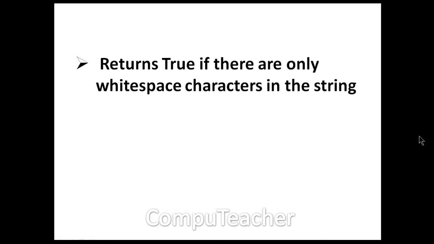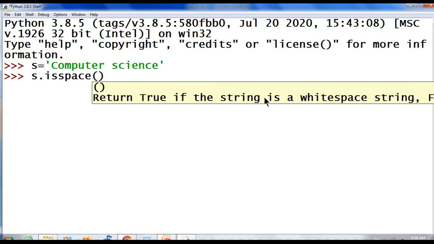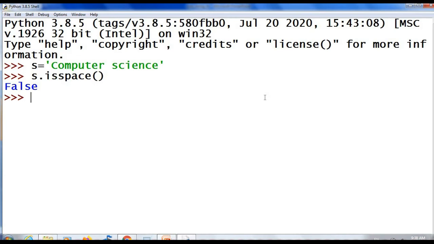Method which returns true if there are only white space characters in the string. It is isspace. s equal to "computer science". s.isspace(). See the result? It is false.